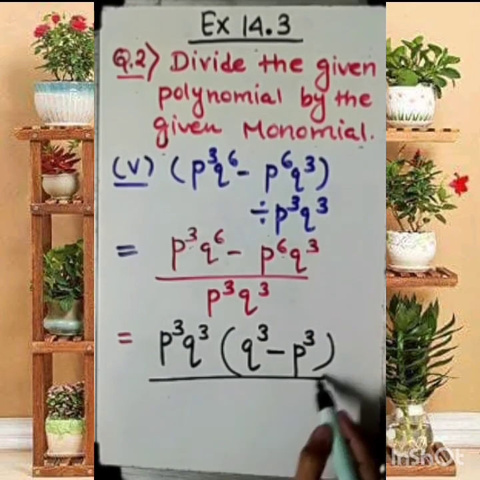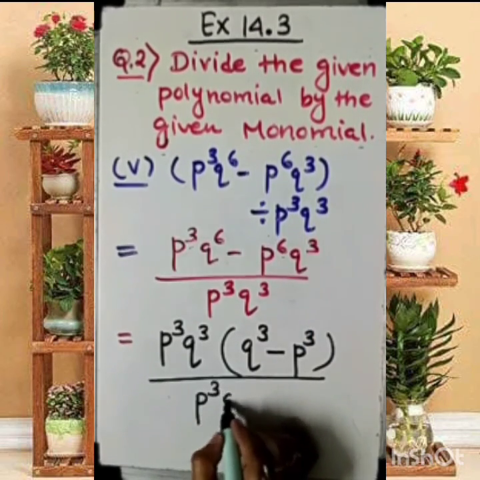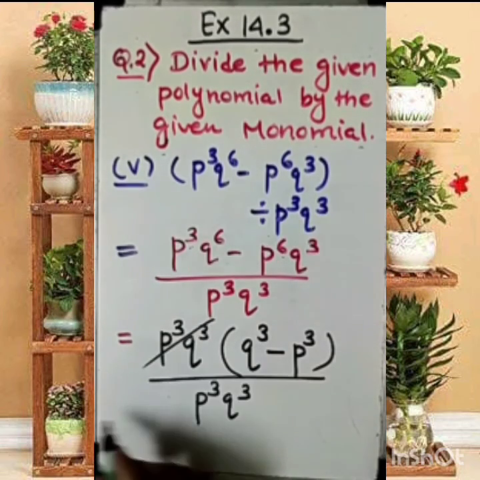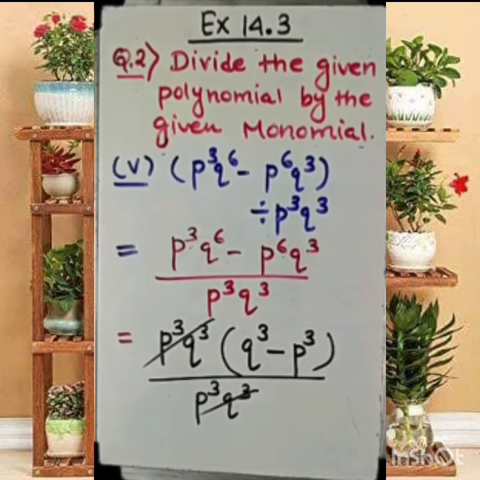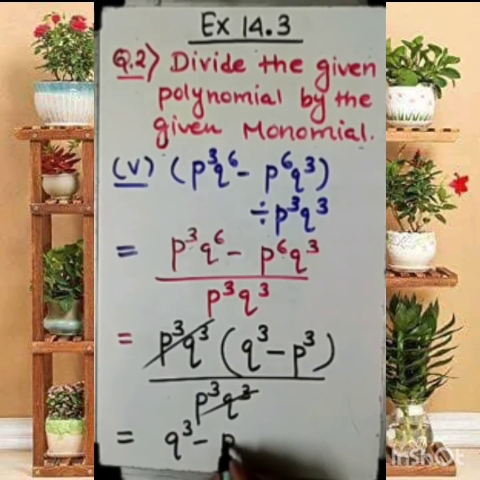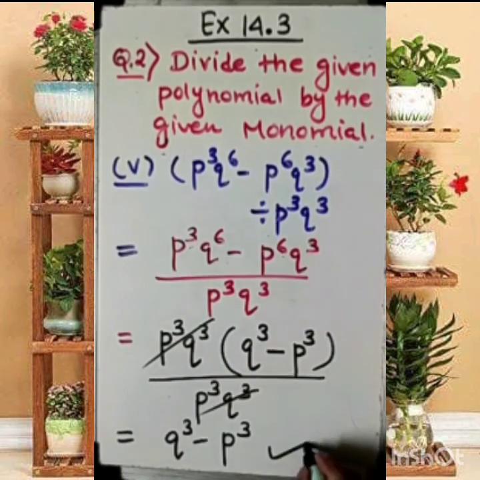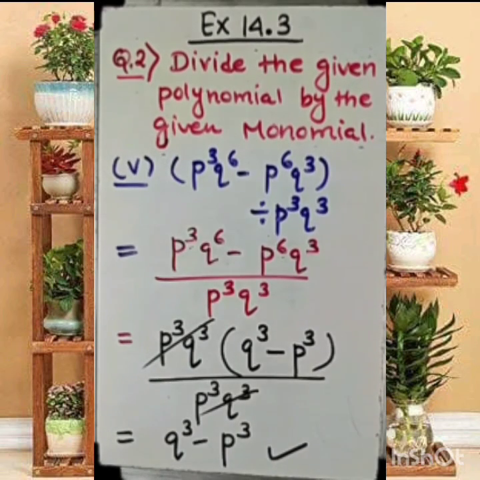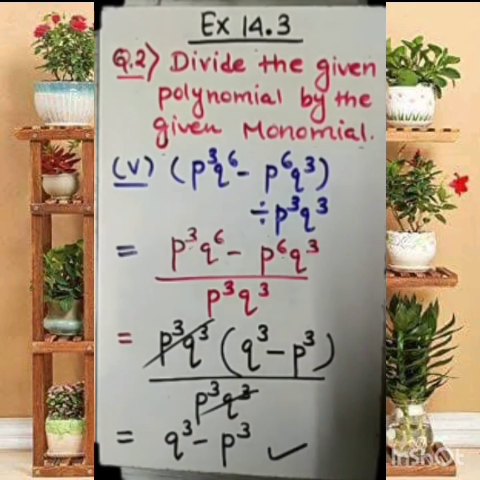Now in the denominator we have p cube q cube. Now you can see both of these similar terms cancel. So the answer is q cube minus p cube. This is the solution. You see? So here question number 2 is over along with the